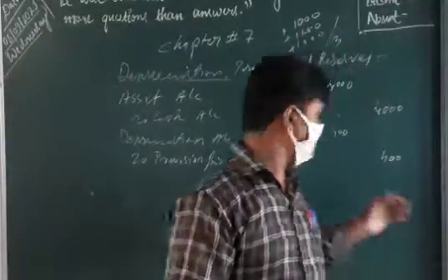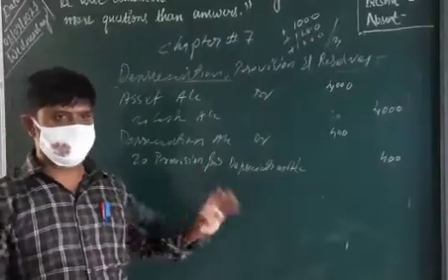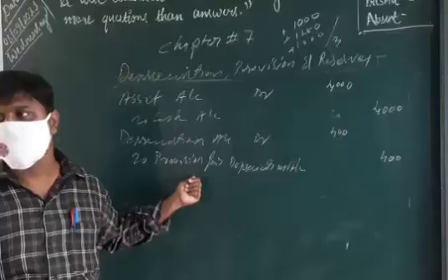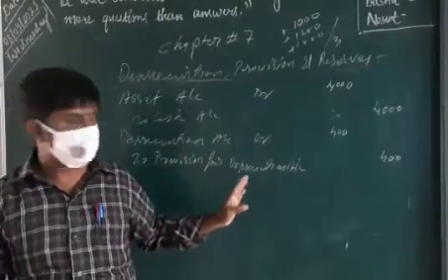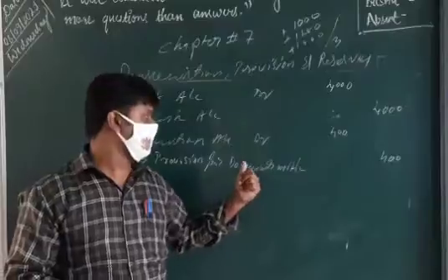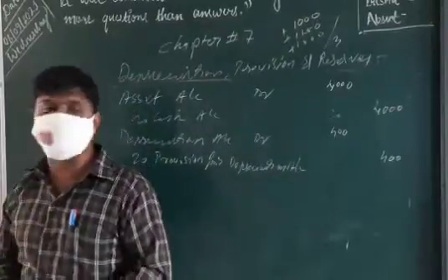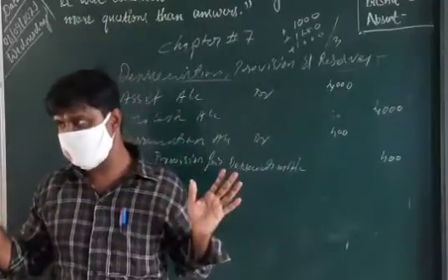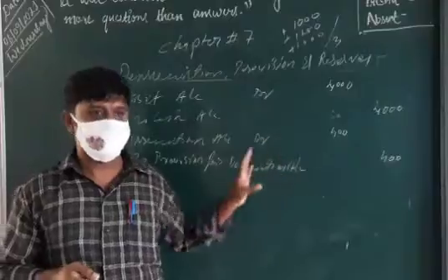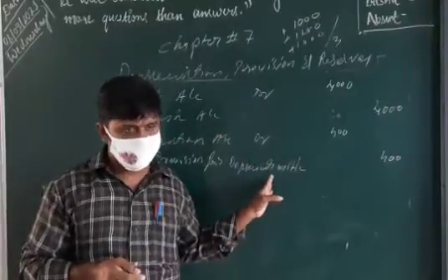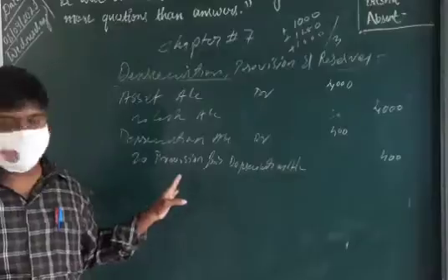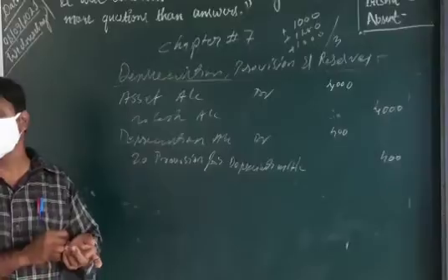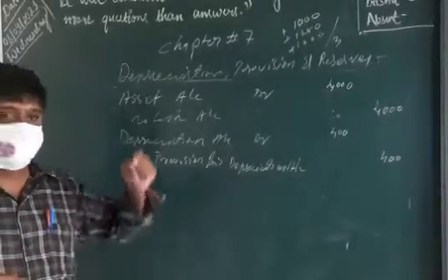You understand now? The same way, when we are keeping that amount for the upcoming expenses, we call it a provision. And it is for the depreciation, that is why we call it a provision for depreciation. If it is for electricity, we call it a provision for electricity. If it is for the marriage, we call it a provision for marriage function. Whatever our purpose is, by that name we can mention it. Clear now? Now you got that provision now? Clear now? Yes.